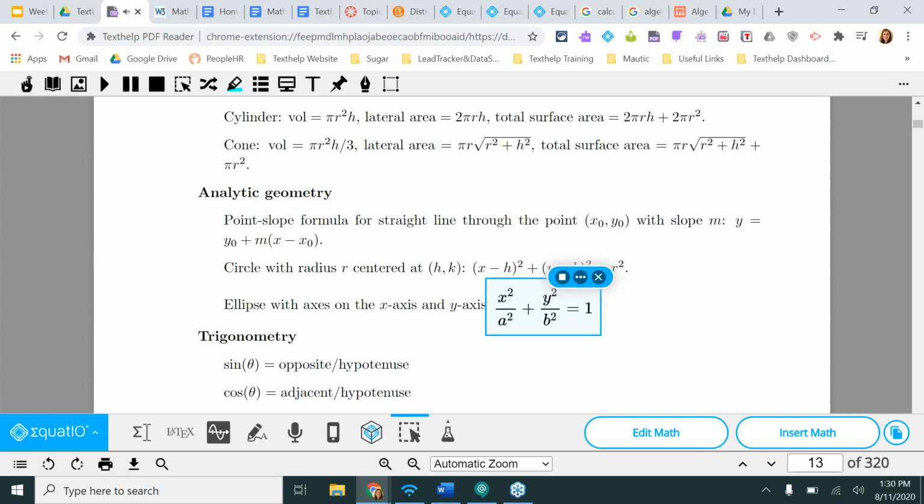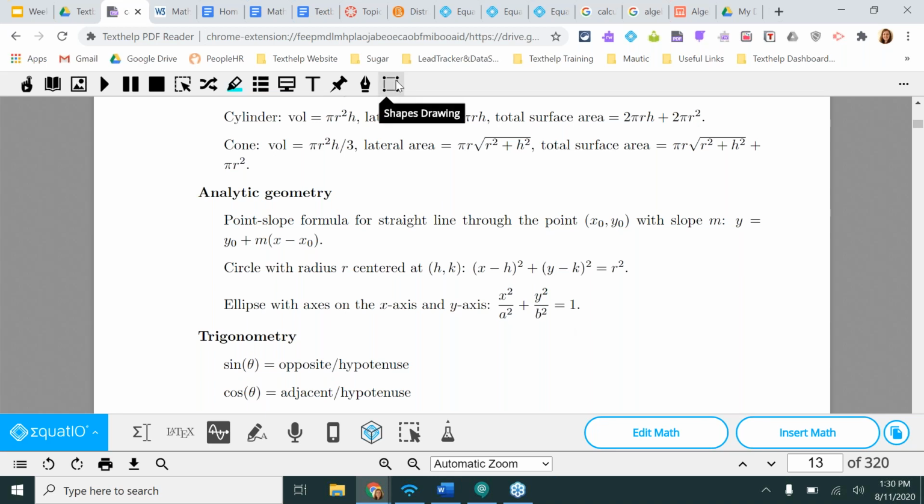The fraction with numerator x squared and denominator a squared plus the fraction with numerator y squared and denominator b squared equals 1. So it reads out loud. Again, we've got that play button that a student can use to play over and over and over again, as many times as they need. And I could literally do this with any of the equations in the textbook and have it read out loud. Okay, so paired with Read&Write, I can have this text read out loud with Read&Write, and I can have this text here in the textbook read with EquatIO.